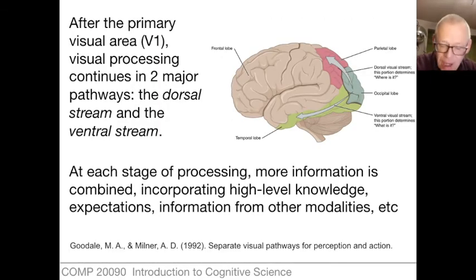Well, there's a lot of ways to understand brains, but a very influential view of this comes from Goodale and Milner in a 1992 paper, which identified two separate pathways, one coming up over the top of the head and one coming around the bottom into the side lobes. So the primary visual cortex is area V1, and there we can identify successive stages, and at each stage we can ask, what is it about the seeing that seems to matter to this particular neuron? And what we find is that if you follow the connections that come up over the top in the so-called dorsal stream,